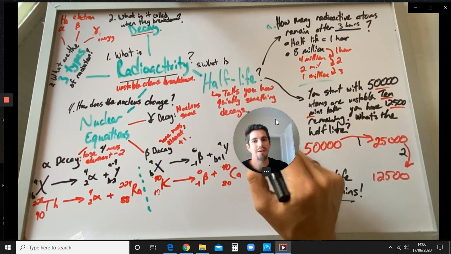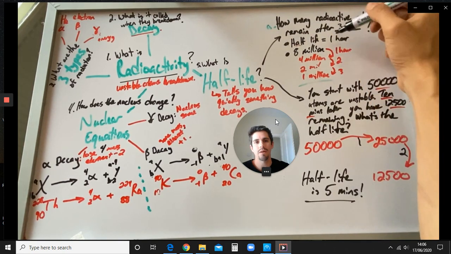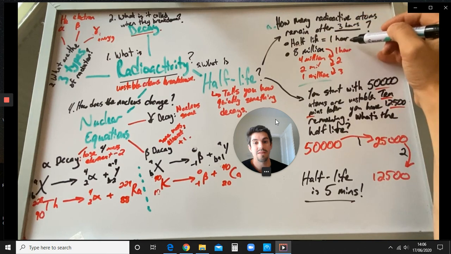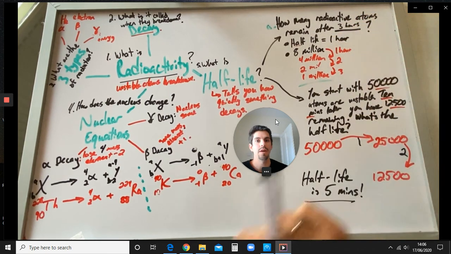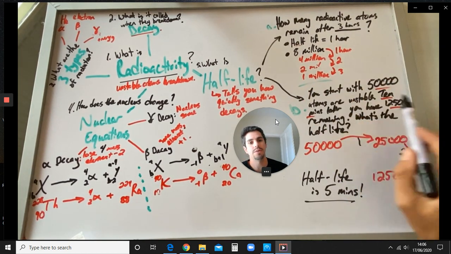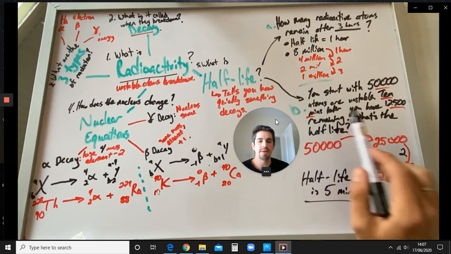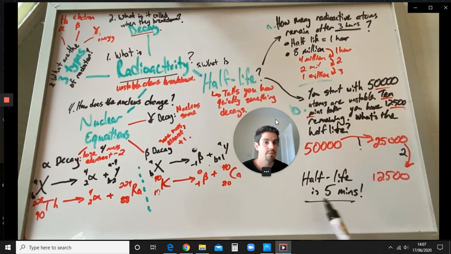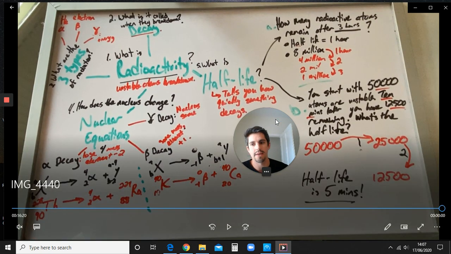The last one was about half-life. What is it? It tells you how quickly something decays. When it's smaller, it decays quicker. When it's longer, like the 1 hour example up at the top there, it didn't lose all of it even after 3 hours. So remember, you can work out how much is left if you know the half-life. If they ask you a question like that, or in question B there, they tell you what you started with. They tell you after a certain amount of time how much is left. You can work out the half-life. In our example there, the half-life was 5 minutes because it chopped in half twice in that 10-minute span.